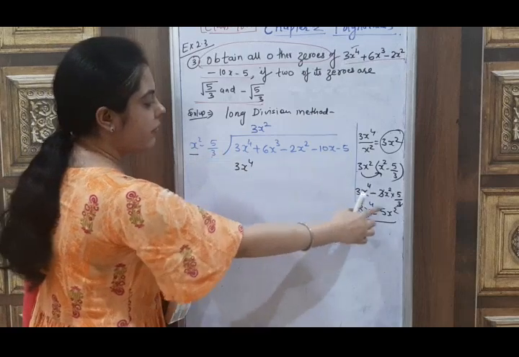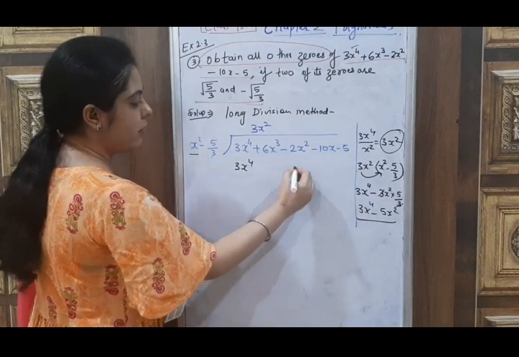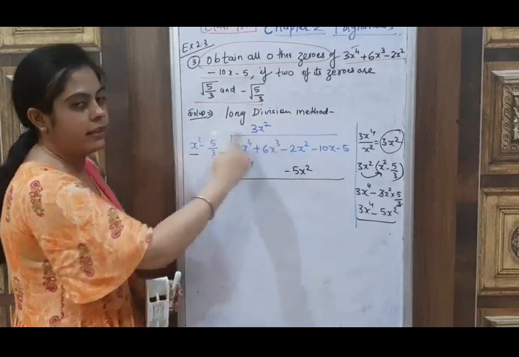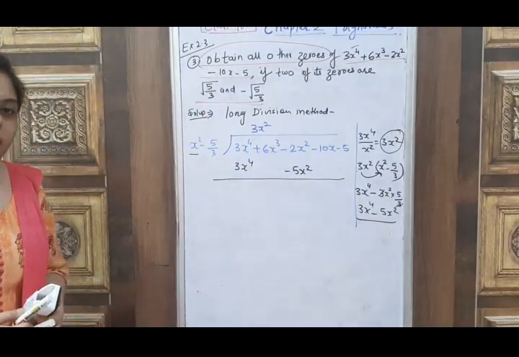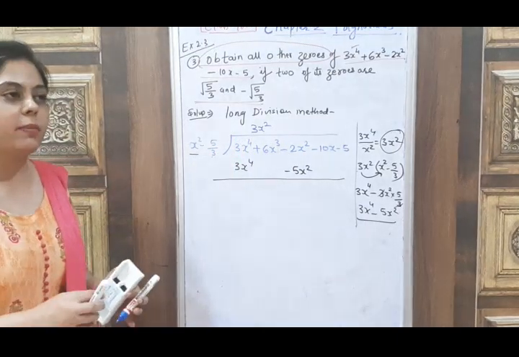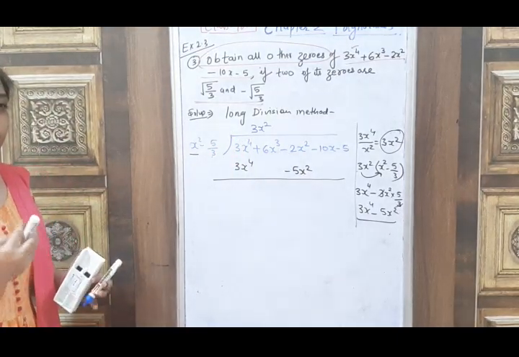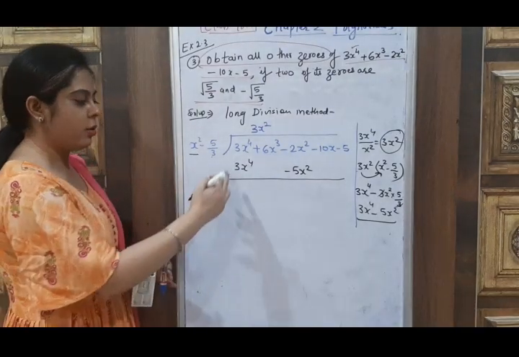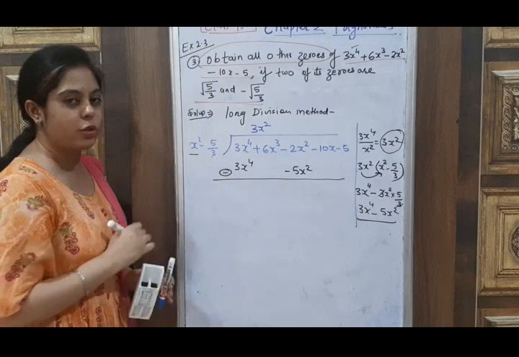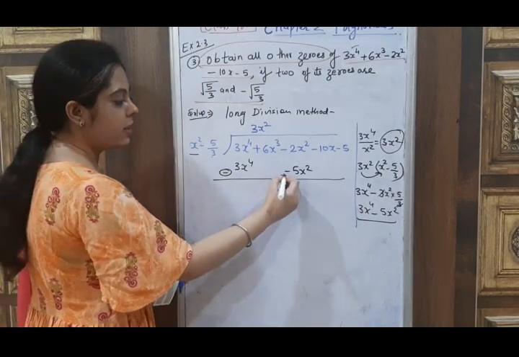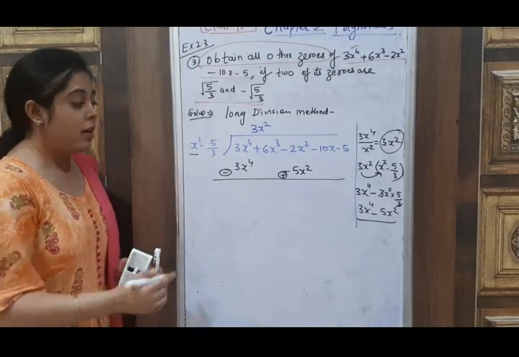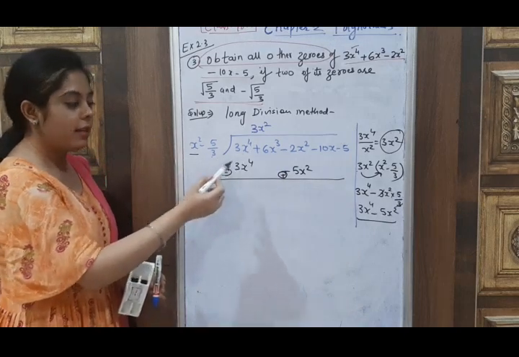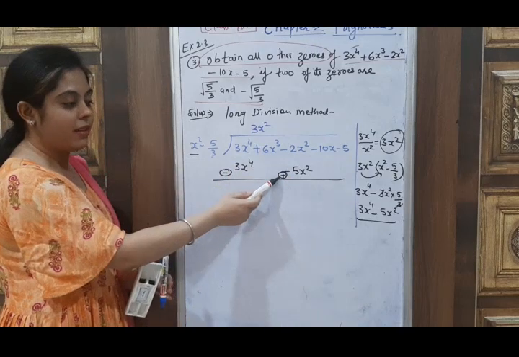So this 3x square will come here, and minus 5x square we have to write here, because we can solve only the like terms and these are the like terms. Now we have to subtract them. For subtracting, as I have explained, just change the sign of the second polynomial. Here the sign is plus, so convert it into minus, and here the sign is plus, so take a plus sign. Now the sign of this term is minus and the sign of this term is plus.